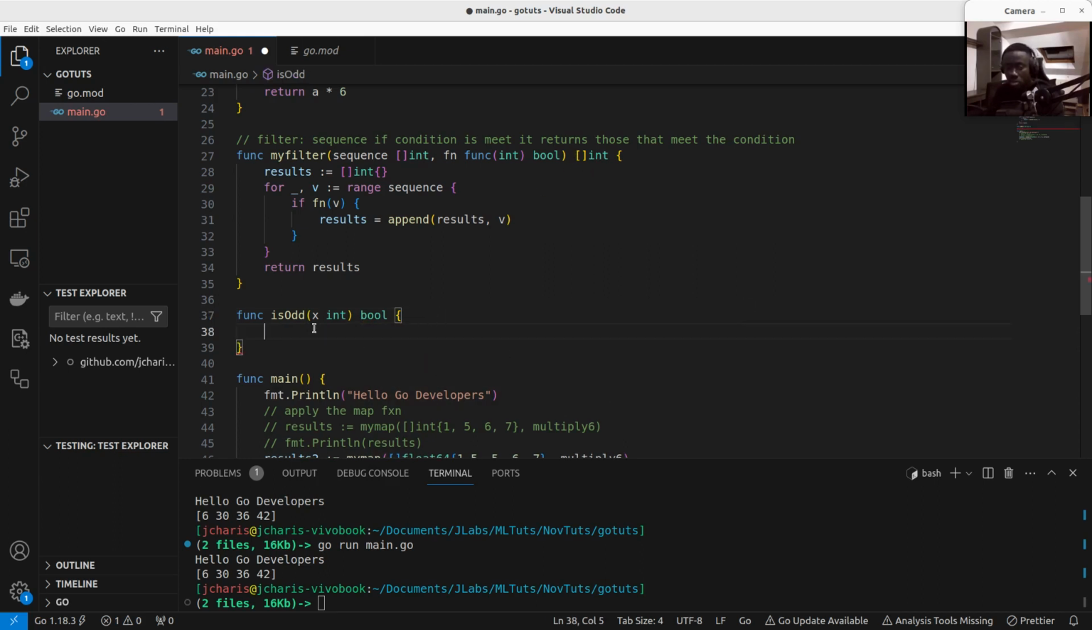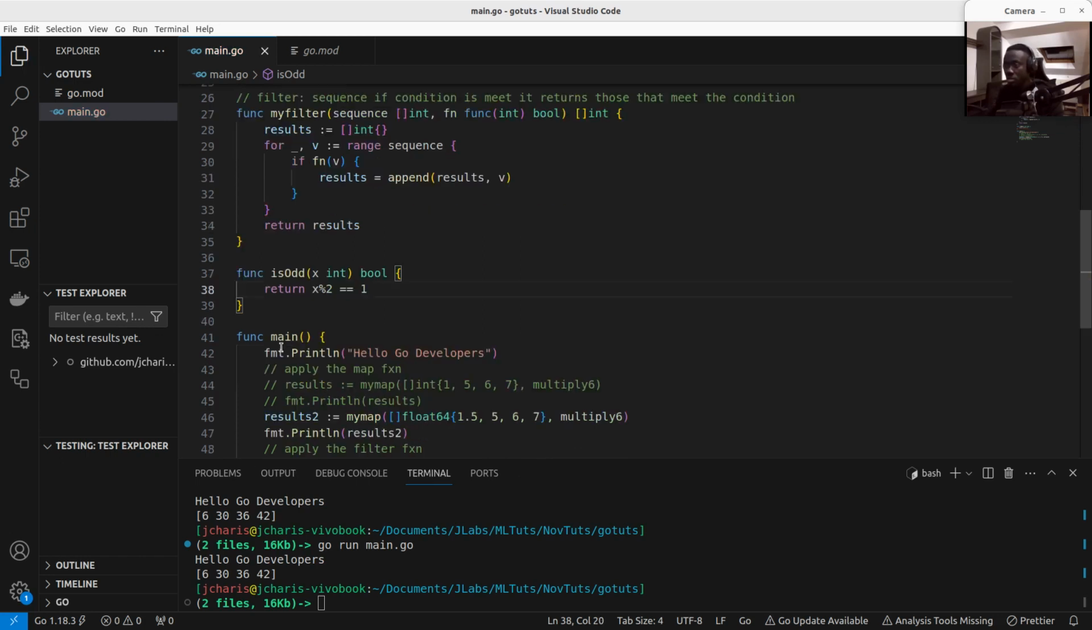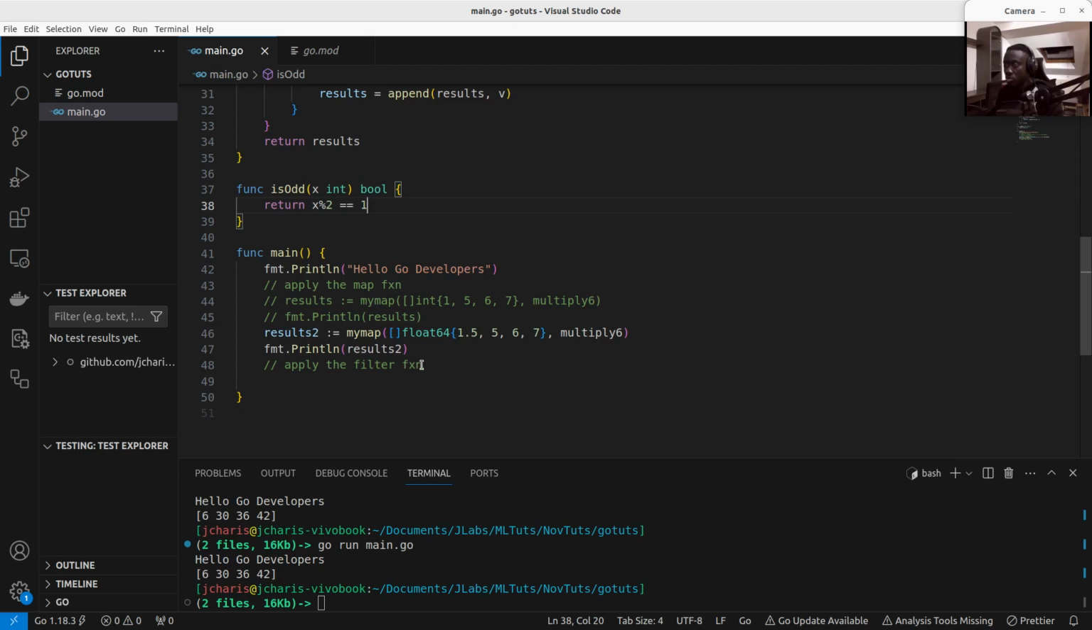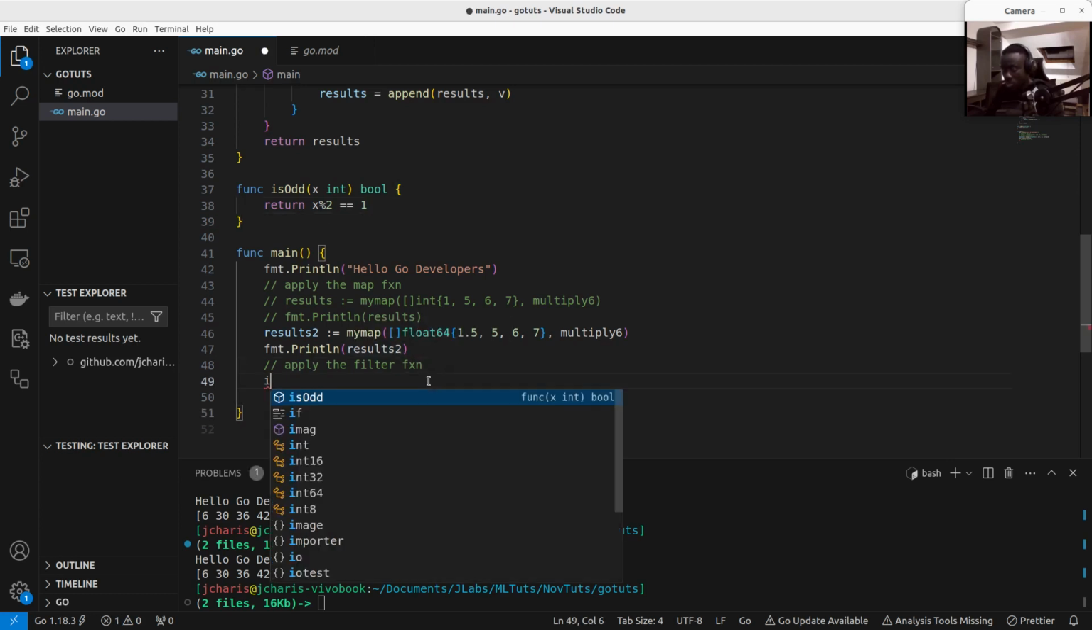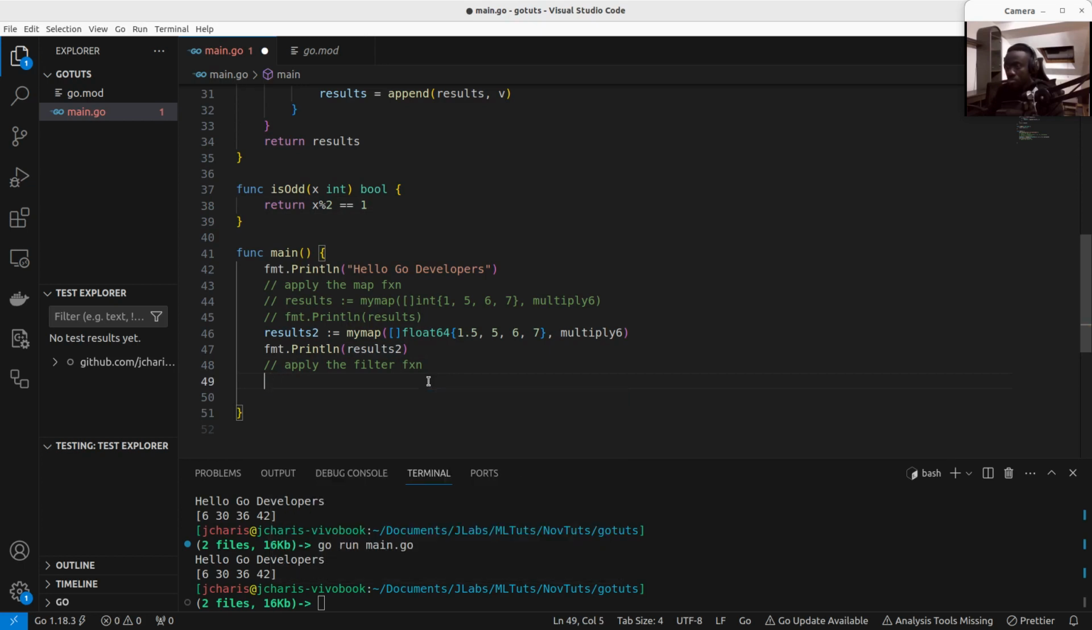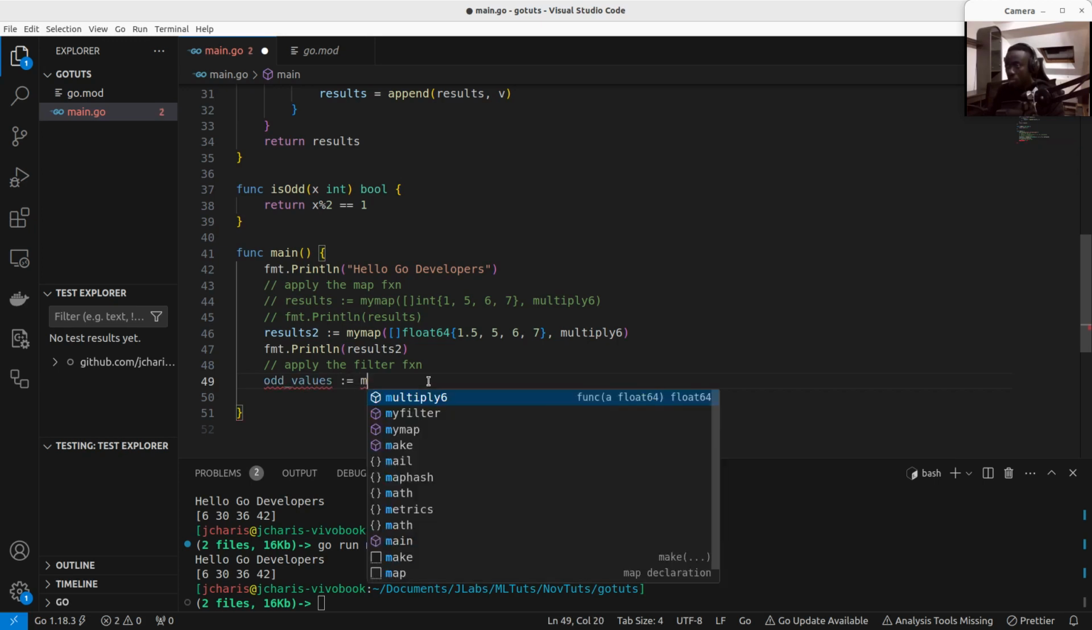Perfect. And how do we get whether the value is an odd number? We are going to take the value and find the modulus of the value by 2. If the result is 1, that means that it is an odd number, so it's going to return true. So now I can come back here and then I can apply it. So let's go to oddValues, which is going to be my filter,